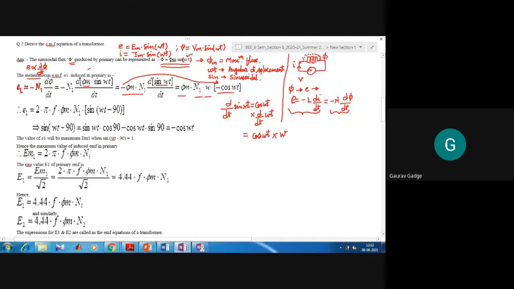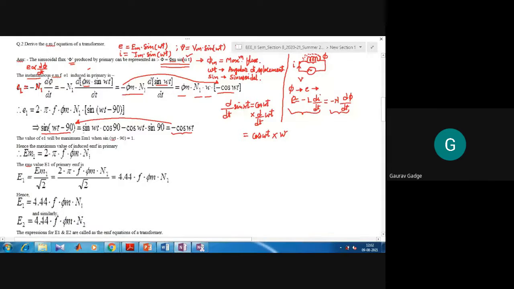Okay, fine. Now I am just doing an adjustment here. जैसे मैंने last class में आपको कहा था, last to last class, because we have all the terms sinusoidal. सभी जो terms है वो sinusoidal terms है, and therefore by keeping that point in your mind, let us convert this cos term into sin. And to convert this cos term, you just see this is minus cos omega t. To convert that cos term into sin, what is done here? Here you have sin of omega t minus 90.